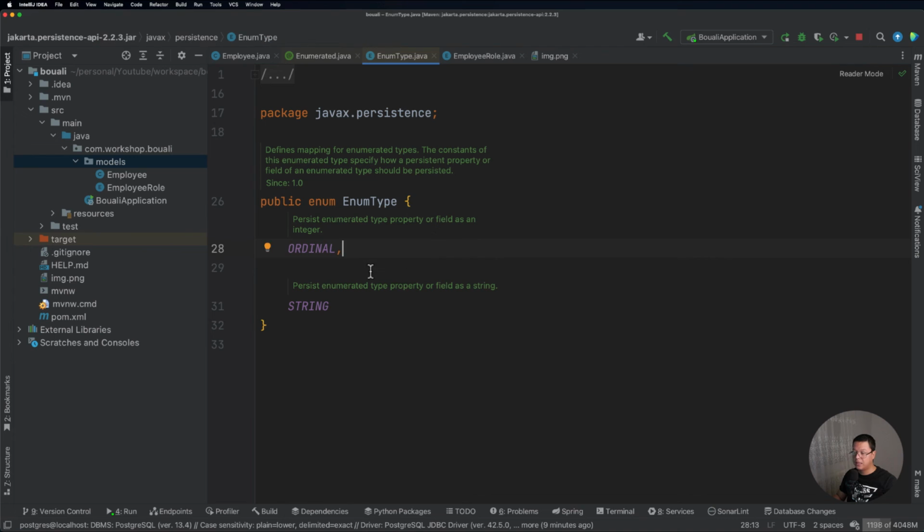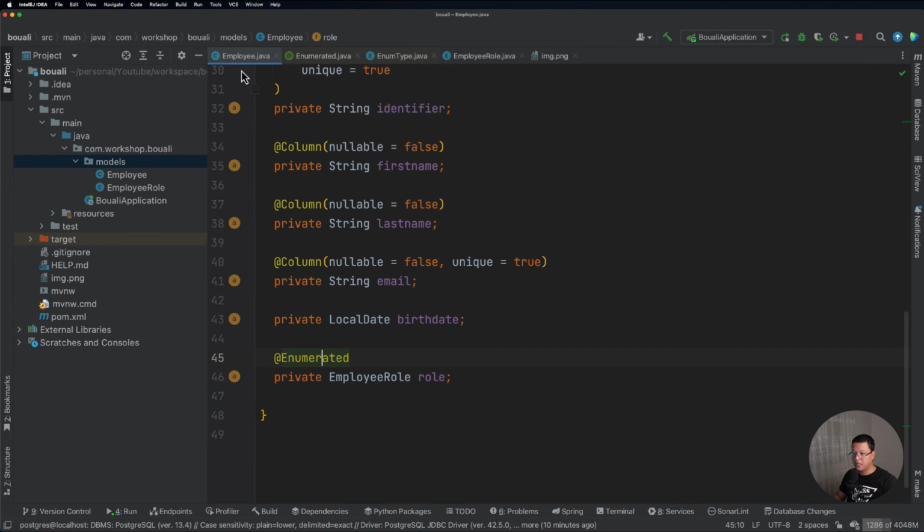But we can customize this one and we can force it to be a different type. So if we use this, it's going to persist the enumerated type property or field as a string. Like this, if we always use our application to persist the employee data, it will always be this enum type.